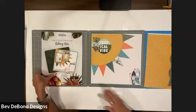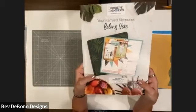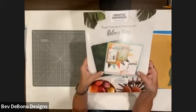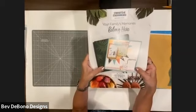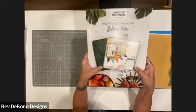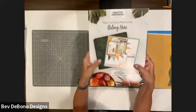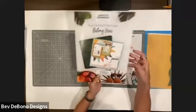And if it looks familiar to you, that's because it's on the front of our Creative Memories catalog. And it was on the Creative Memories blog. I believe it was originally designed by Melissa, but I do have a quick workaround for it, and I think we'll have some fun with it. Okay, so our